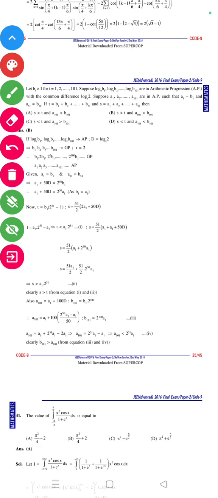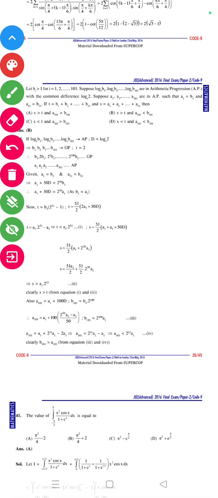Let bi be greater than 1 for i equal to 1, 2, ..., 101. Suppose log e b1, log e b2, ..., log e b101 are in the arithmetic progression with the common difference log e 2. Suppose a1, a2, ..., a101 are in the arithmetic progression such that a1 is equal to b1 and a51 is equal to b51. If t is equal to b1 plus b2 इसी तरह से 51 तक and s is equal to a1 plus a2 इसी तरह से 51 तक, then